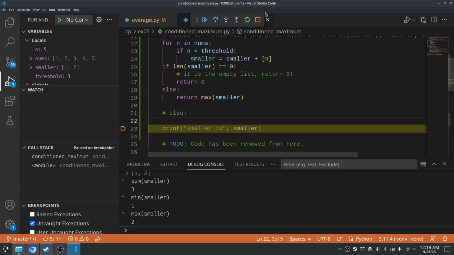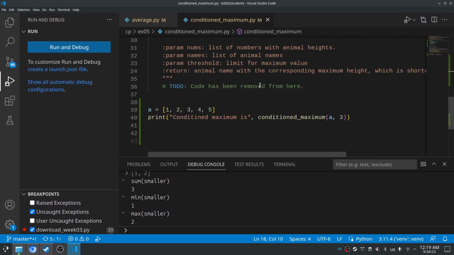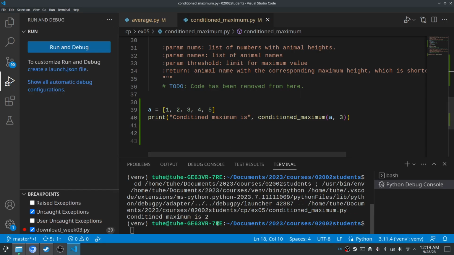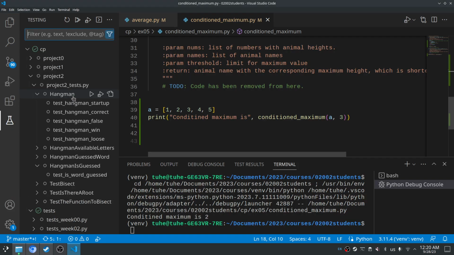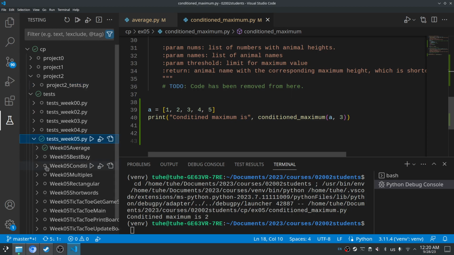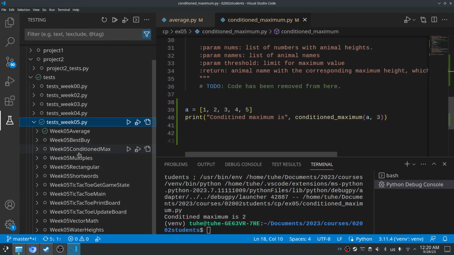I remove all the breakpoints, I stop the debugger, and I can just confirm that this function actually works. So it says 2, and 2 is what it's supposed to do. So let me just really quickly run the tests. Wait, we don't want to run all the project tests, we just want to look at week 5. I go here, I open conditioned max, I guess that's the one,